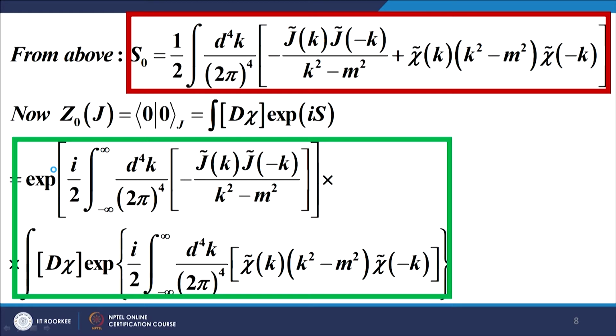Now, when J is equal to 0, if you look carefully, the prefactor becomes 1 by default, because the exponent becomes 0, and the exponential of 0 is 1. It therefore follows that under the condition J equal to 0, the path integral must return a value of 1. But the important part is that the path integral is independent of the value of J.